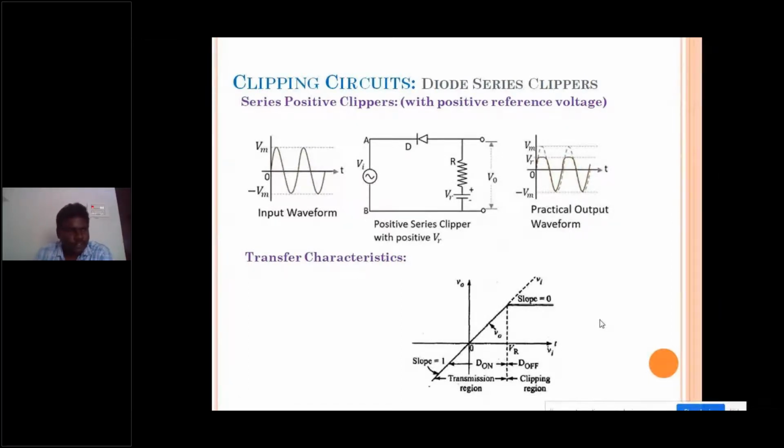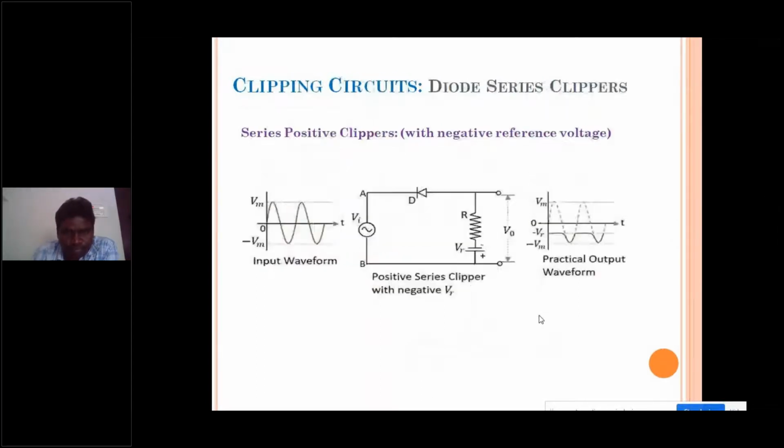The transfer characteristics are drawn from your equations by understanding what will happen to the output voltage when the input voltage is less than the reference voltage. If it is greater than the reference voltage, what will happen? By taking those equations, you need to calculate the slope. If the slope is equal to 1, then you need to draw a ramp signal. And if the slope is equal to 0, then you need to draw a straight line like this. So these are the transfer characteristics which are important. Try to take a note.